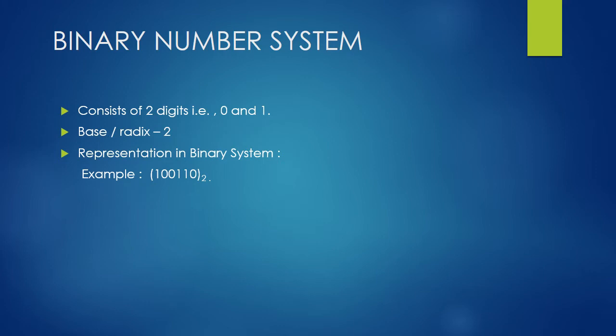Now, this binary number system is the most important number system, you can say. Why? Because this is the number system which is understood by our computer systems. Binary language is the only language that a computer system understands. The instruction or input that we give to our computer system is first converted into binary language, that is the language of 0 and 1, and after that it is processed further.